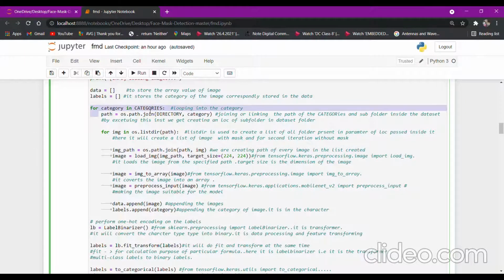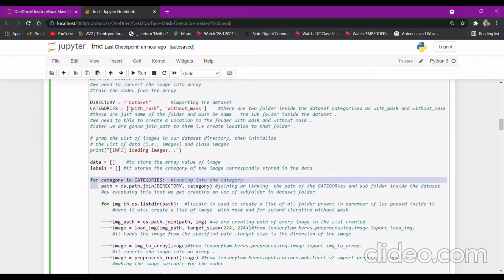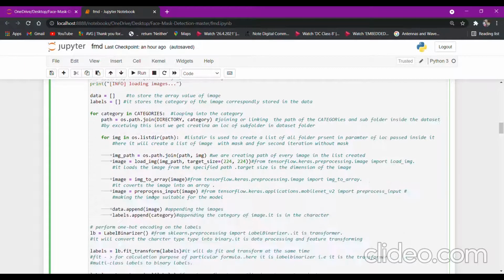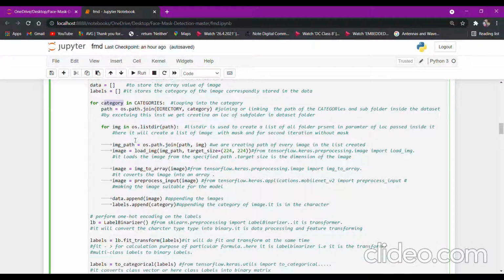This for loop is looping with the variable called category. That is, it can only iterate two times, with mask and without mask. For the first iteration the value of category will be with mask, for the second it is going to be without mask. For the values of category and directory, which is the dataset location, we are creating a path in order to access the files present in the subfolder, that is the category.